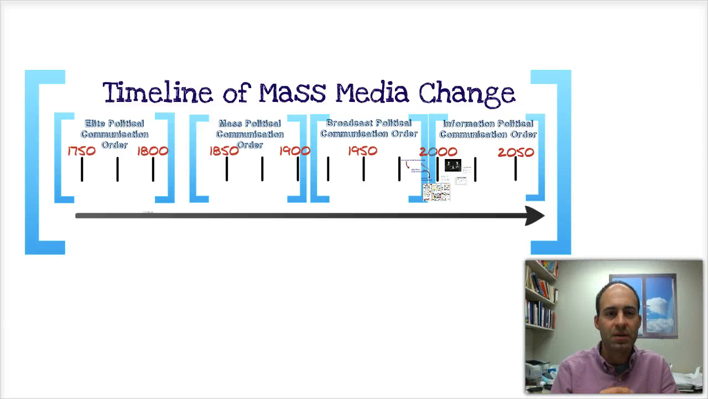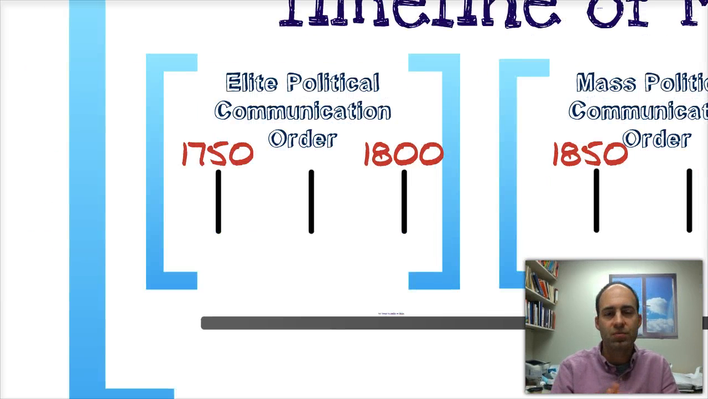So let's briefly break down these four political communication orders that have existed throughout American political history. First, we have what I refer to as the elite political communication order. And during the elite political communication order at the very beginning of this country, actually ranging from the colonial era